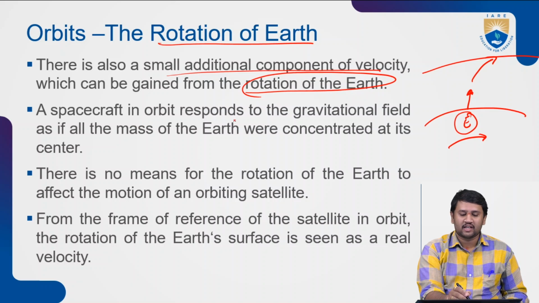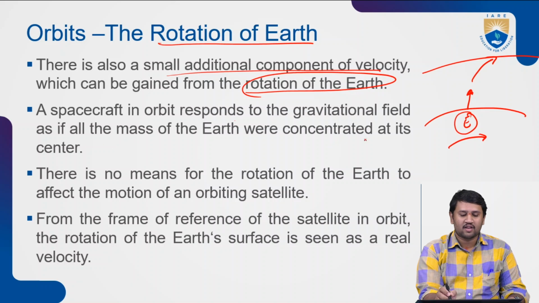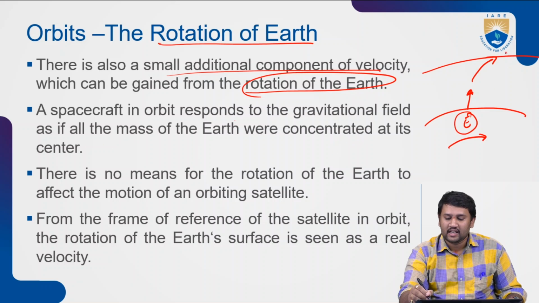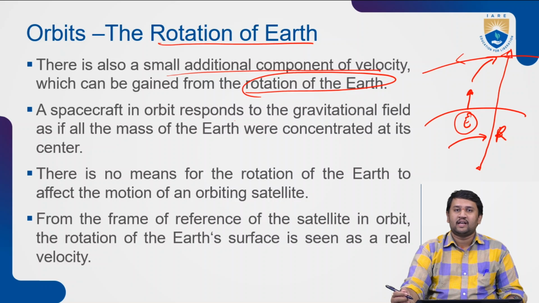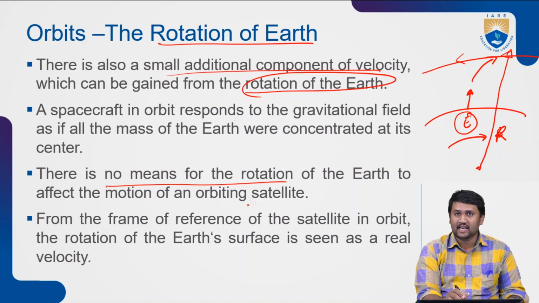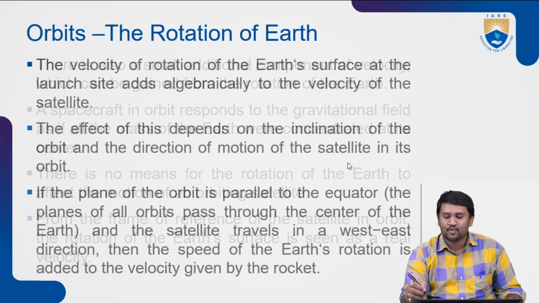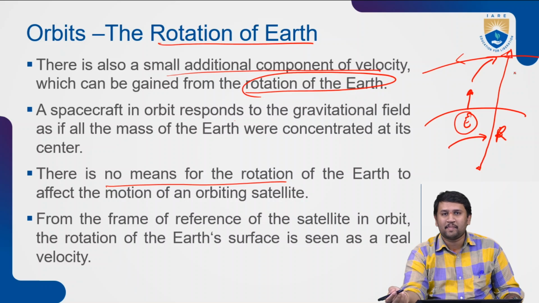And a spacecraft in orbit responds to the gravitational field as if the mass of the Earth were concentrated at its center, right? If an object is around here, it will be rotating along the center of my Earth. Now, there is no means for the rotation of Earth to affect the motion of an orbiting satellite, because you are not pulling your satellite by an imaginary string or something, but it is in its place due to the gravitational field